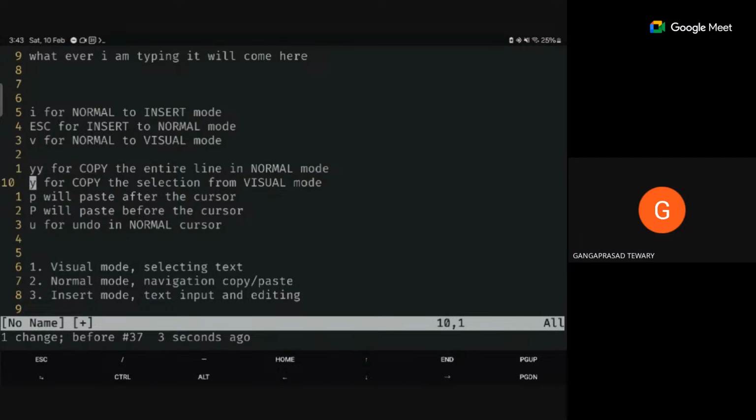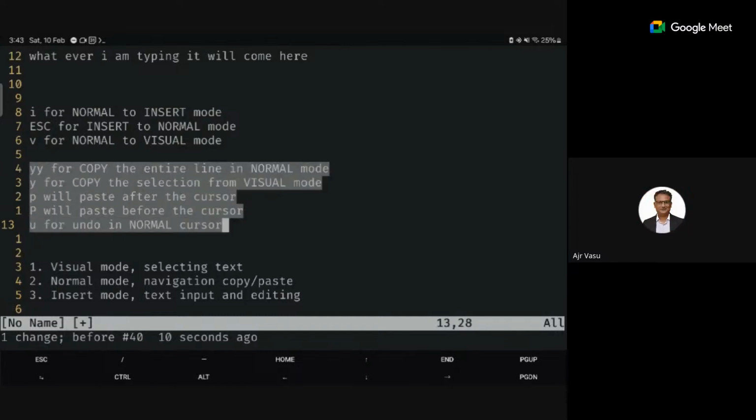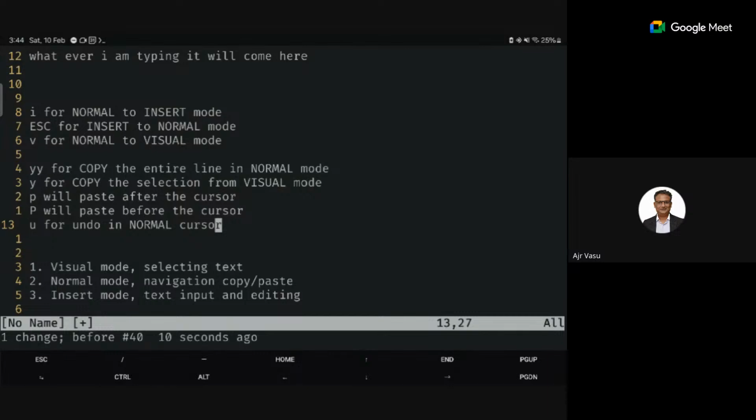The reason I'm saying this is that if you are using VI for editing, it will not update your text immediately. Let's say if I am typing a space, it is updating immediately. If I remove it here, it is Vim, that is why it's updating immediately. If you are using VI, it will not update immediately. Let's say I removed E, D, and O. It will not update it. You will still be seeing the old text, but once you press Escape, it will get updated in VI. But I open the file with the command VI filename. Yes, but by default it will open with Vim.